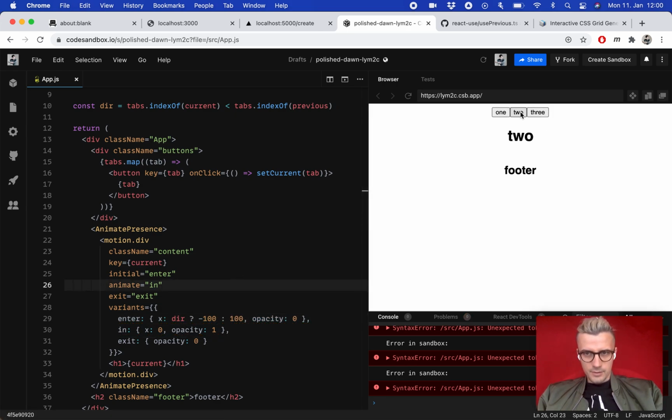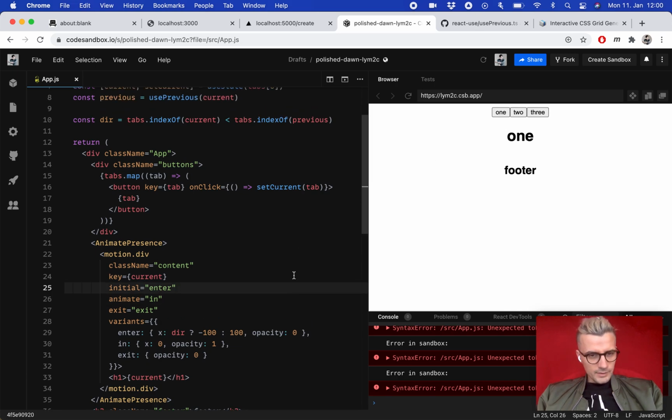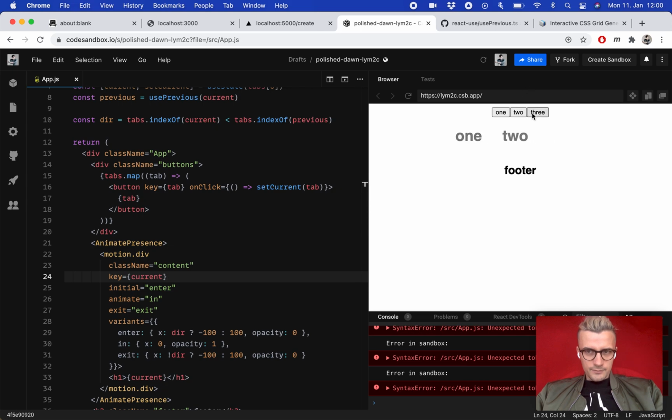So now we have this direction. So if it's on the right, animate from the right, but if it's on the left, animate from the left. But now we would assume that we can do this, just copy it to the exit as well, reverse the direction, and it should work. But for some reason, sometimes it does some weird stuff, and it's not quite intuitive to understand